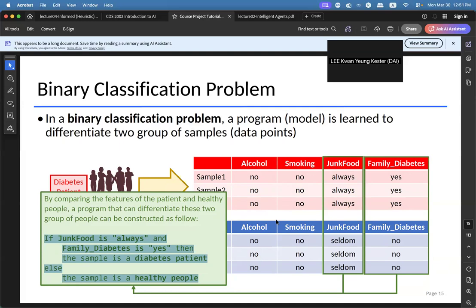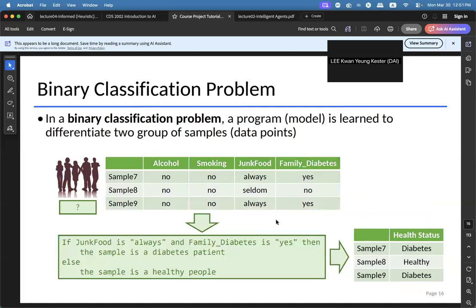After we build this program, we apply it to new samples and compute their health status. Any questions? This is essentially a very simplified explanation of how the binary classification problem really works.